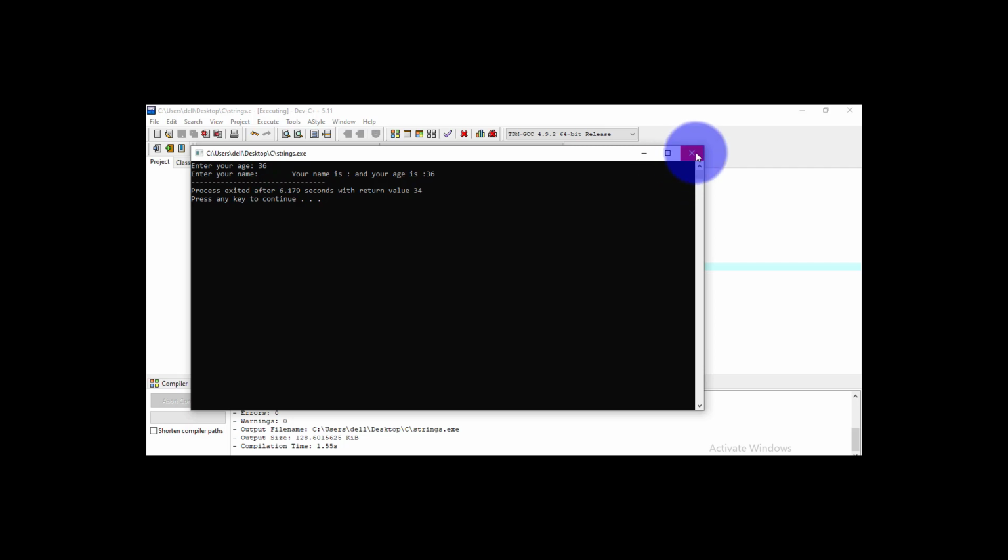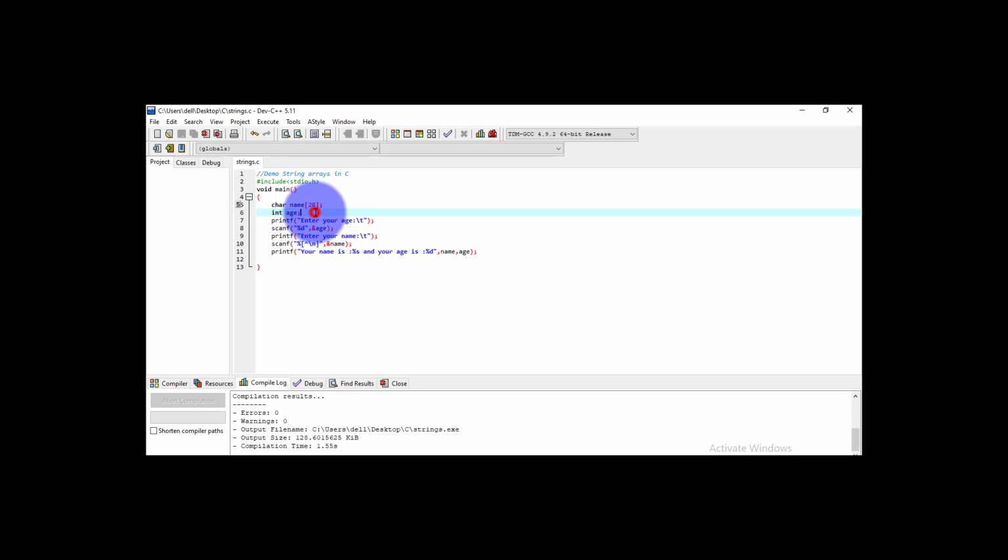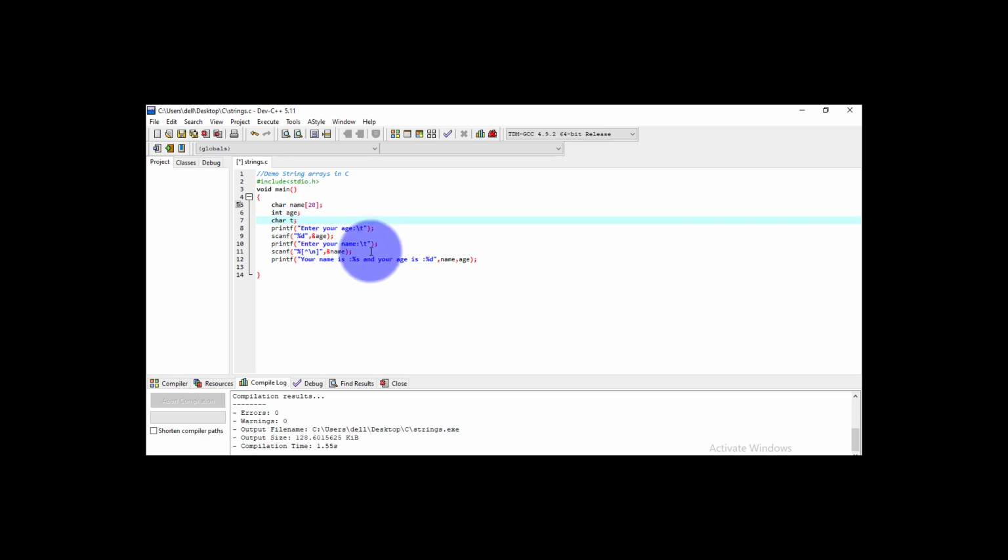To overcome such a situation, I'm going to declare one more variable here of type char, and I am giving it the name t.